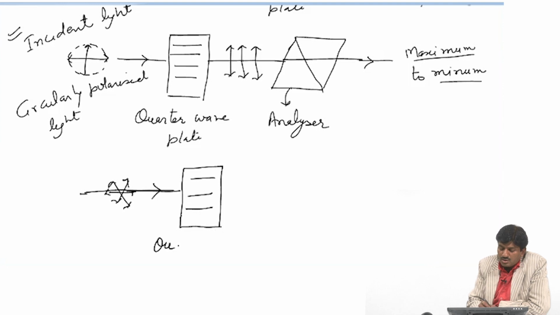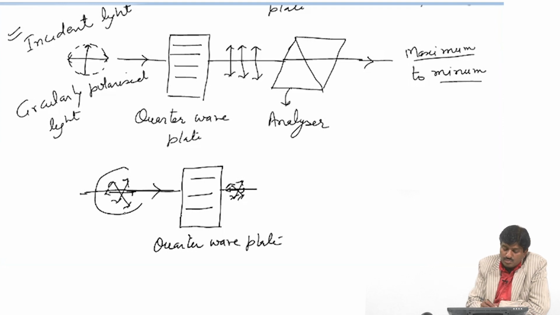It remains unpolarized light. If unpolarized light passes through the quarter wave plate, again it remains unpolarized, and if we pass